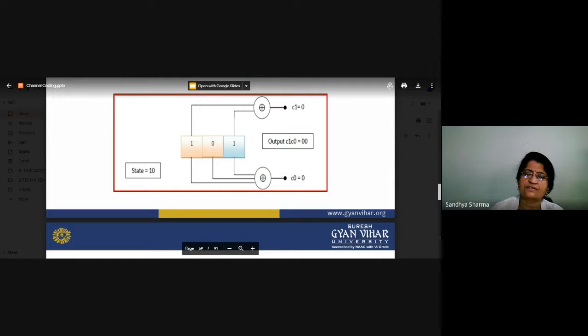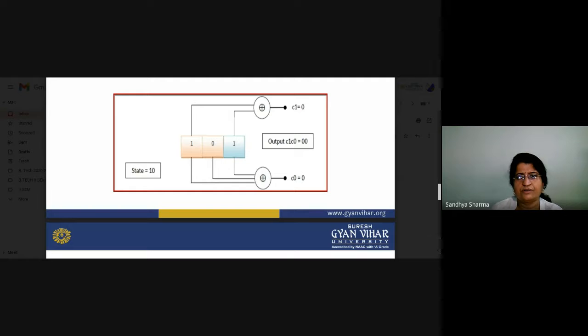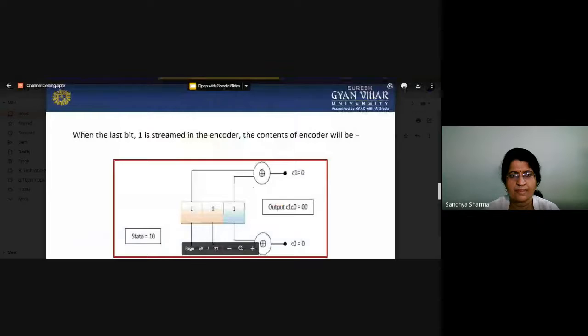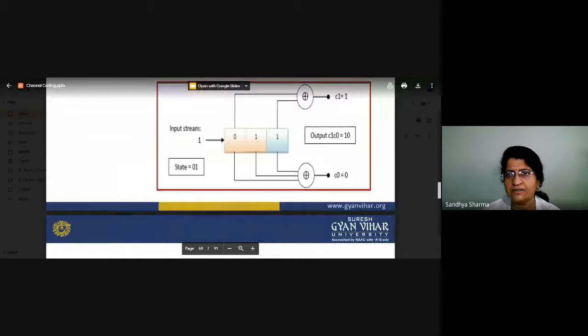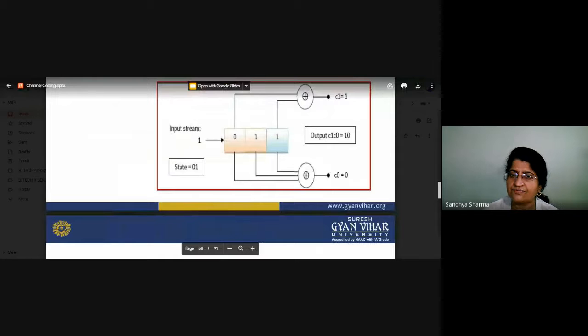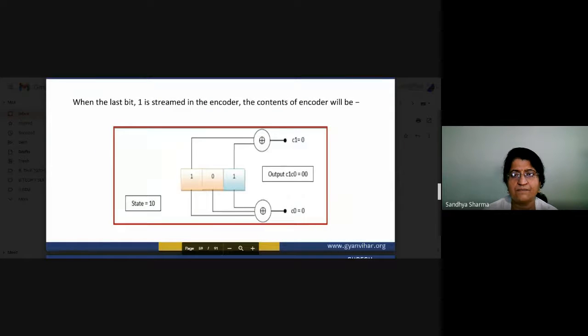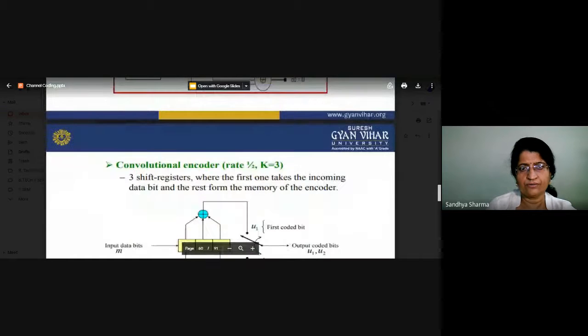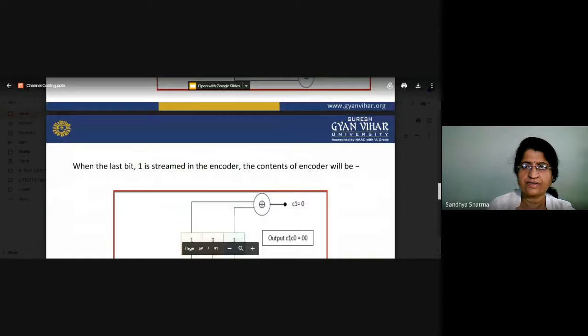Okay, so you can see here the first bit is 1, 0 and 1. According to that, you will receive your data C0 and C1. And what about the state? The state will be after shifting. If we are working on the 0 1, you can add these bits, and about the state, after shifting the state will be the 1 0 state. So this is the basic working of a convolution encoder.